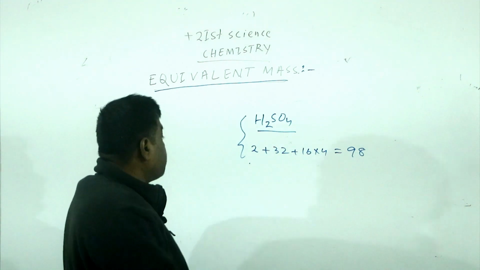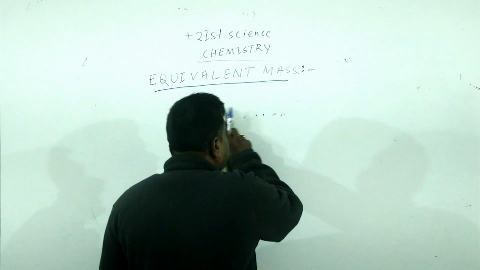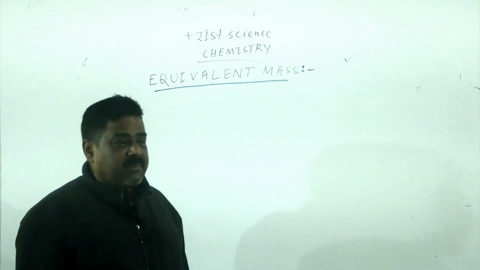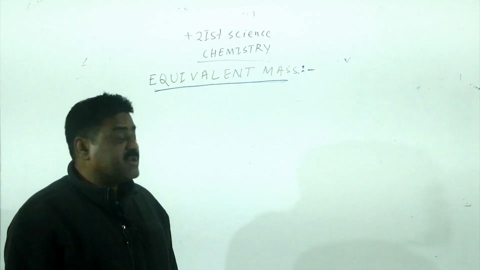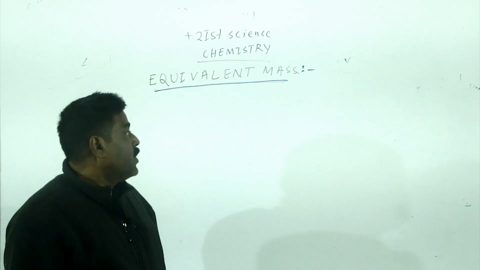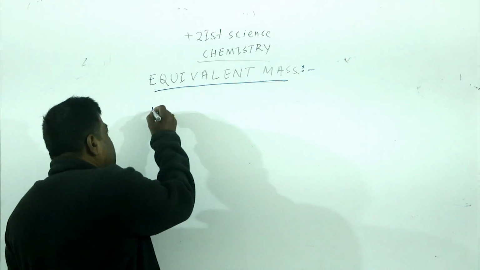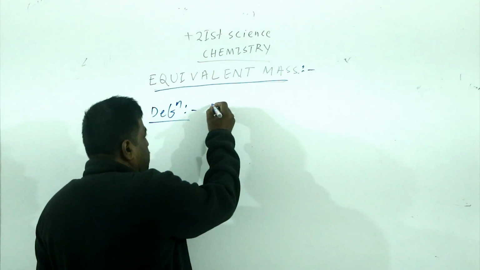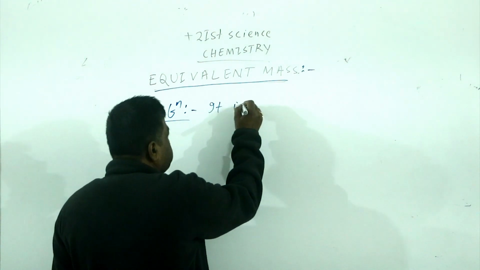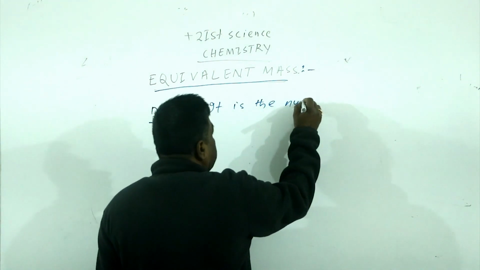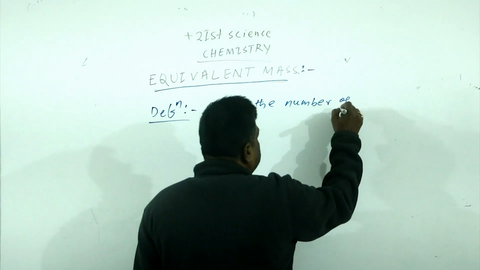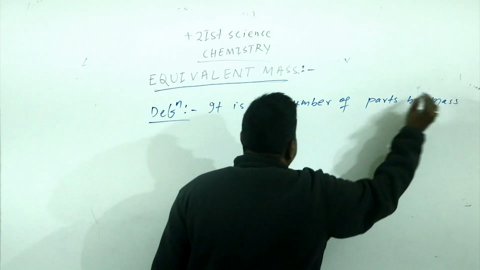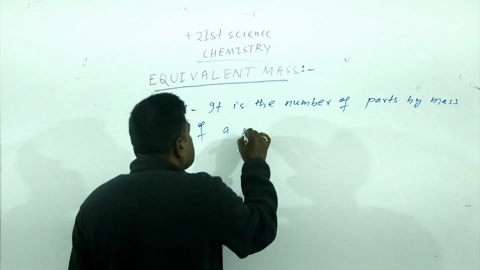But when I am talking about the equivalent mass, then equivalent mass is not always exactly molecular mass. That can be calculated on the basis of some principle. So now the definition first, it says like this. Definition, I write it. It is the number of parts by mass of a substance